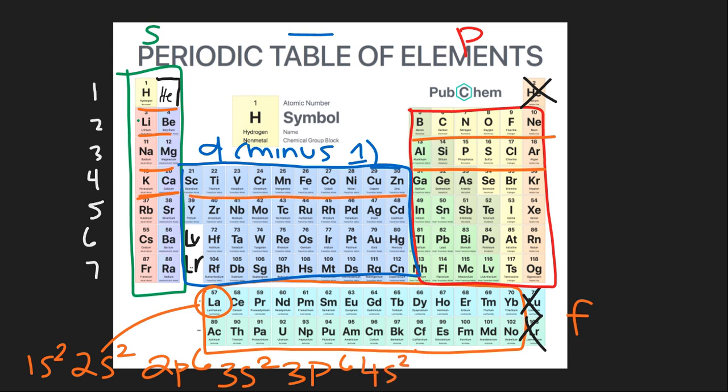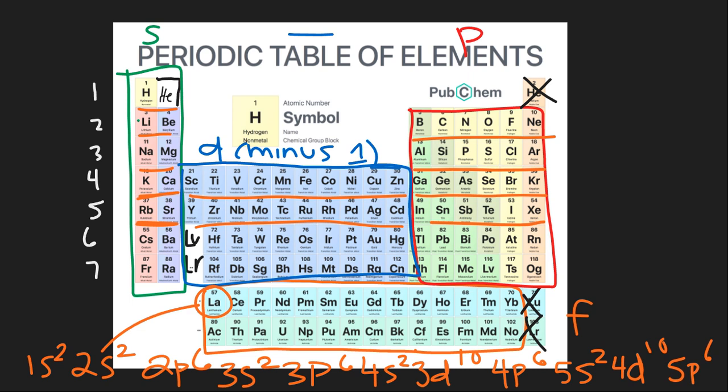This middle block is 3d10. This end here is 4p6. We're going to go once more. We're going to have 5s2, 4d10, 5p6,